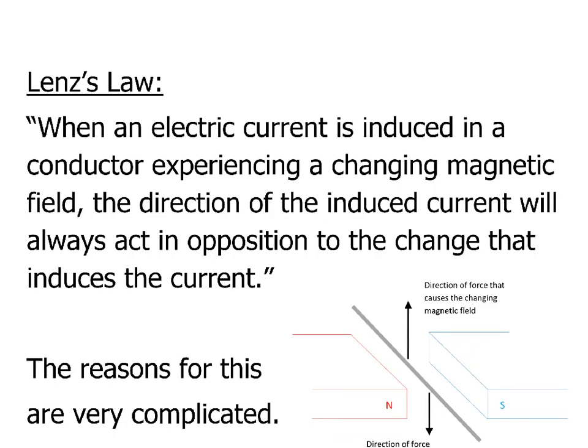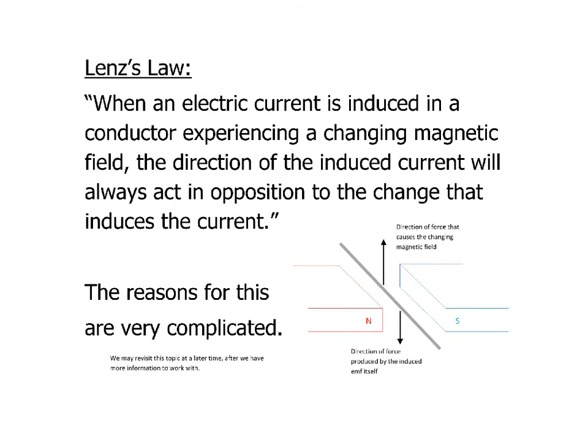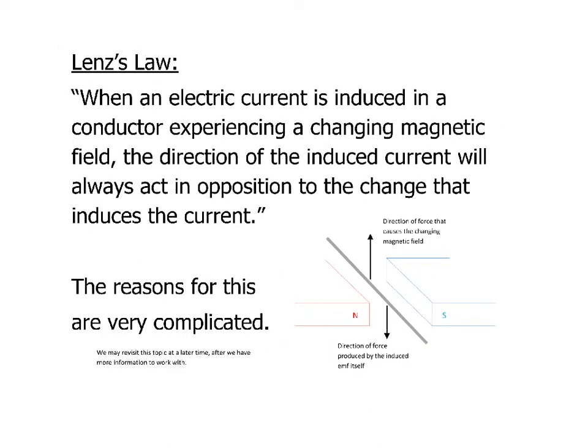Now it's time to mention what's called Lenz's Law. You need to be aware of this, but it is pretty complicated, so bear with me. When an electric current is induced in a conductor that experiences a changing magnetic field, the direction of the induced current will always act in such a way to oppose the change that induces the current. It sounds really complicated, but